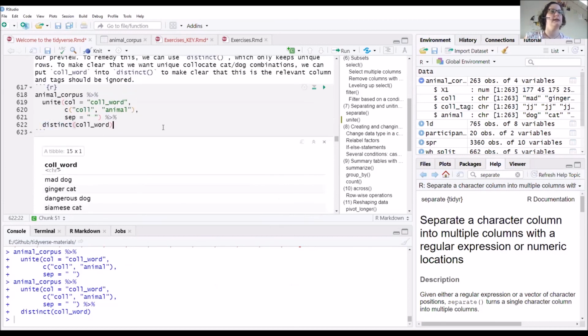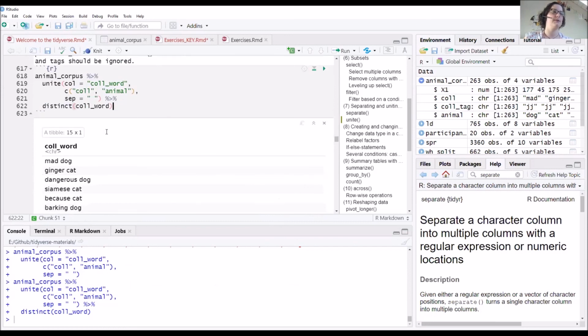Just unique values. And this is also useful because we only just created this new column, but we can straight away pipe it and do something else with that new column,